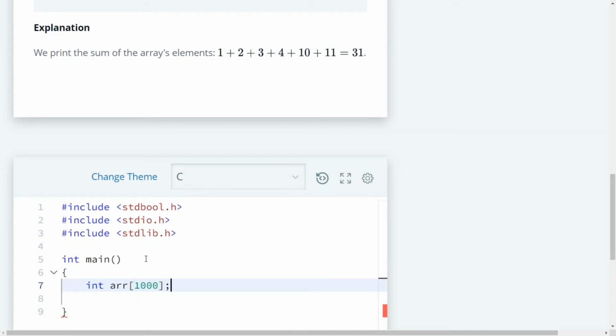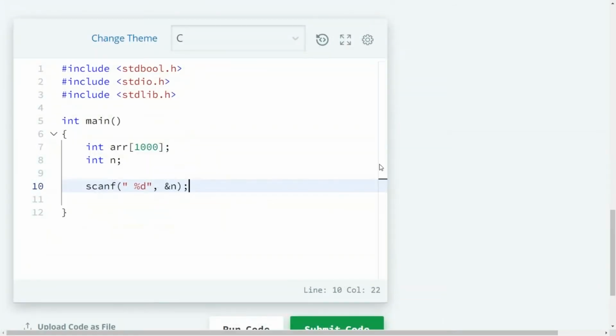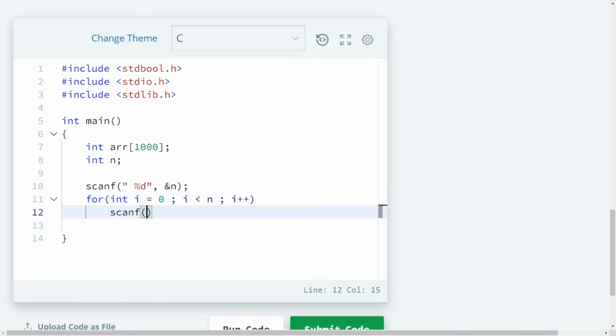Now after this you might say, fine, I would also like to declare n. Then I would like to read the value of n from the user, right? After I read the value of n from the user, next I need to read the elements of the array, n number of elements. For int i equal to 0, i less than n, i plus plus, I can just use scanf %d, address of array of i, right? This will do the job of reading.